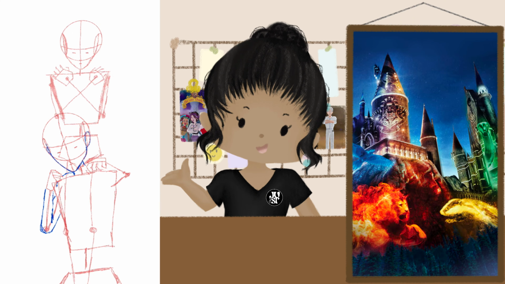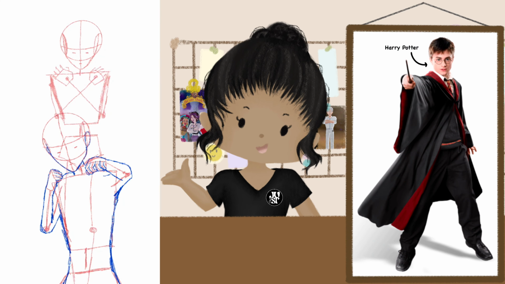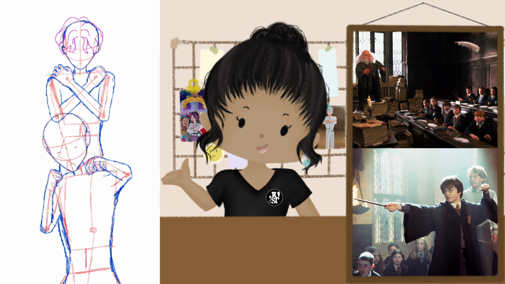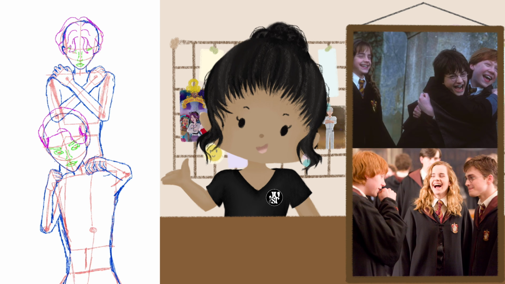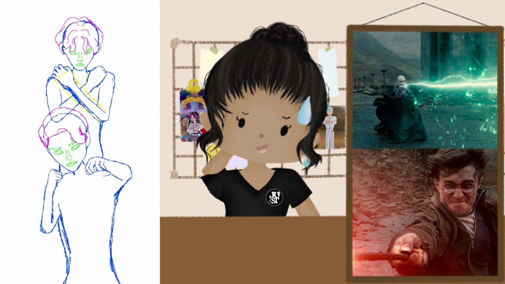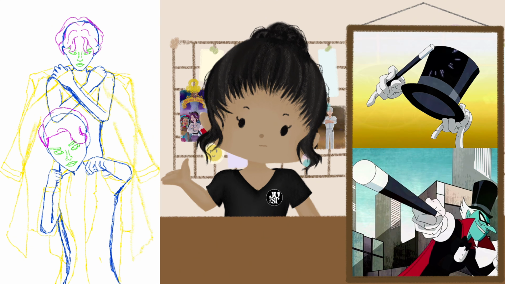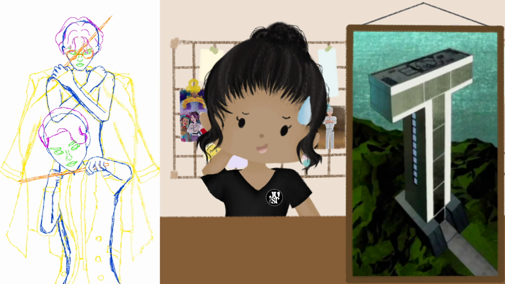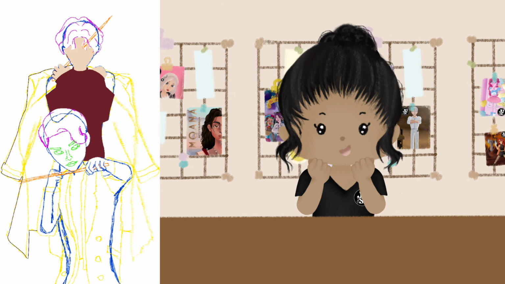For those who may not be familiar with the Harry Potter series, it's a story about a young boy who discovers he is a wizard and attends the school of Hogwarts, a school of witchcraft and wizardry. The series follows Harry's journey as he learns magic, makes friends, and battles against the Dark Wizard aka Voldemort. It's like Teen Titans but with wands instead of superpowers and a magical British boarding school instead of a superhero headquarters.